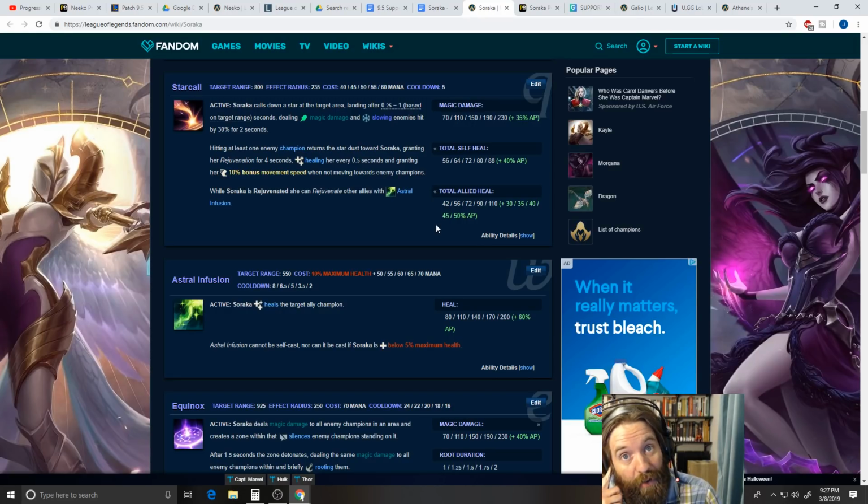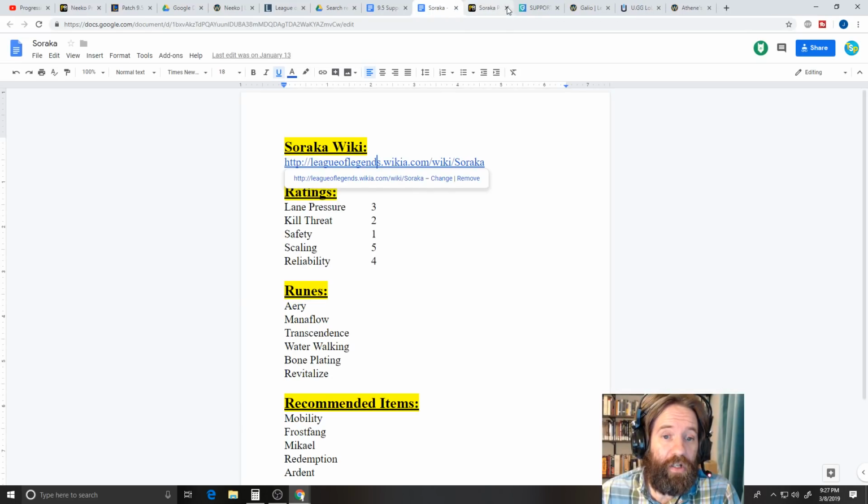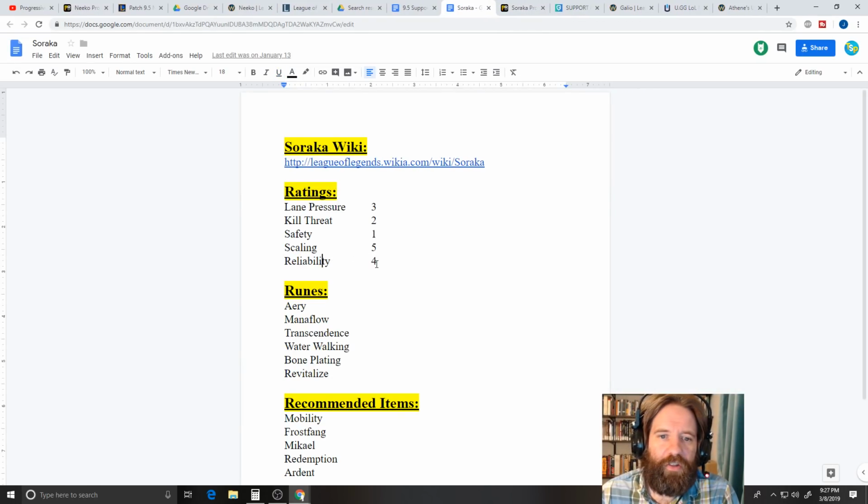Soraka doesn't have anything going for her. If she doesn't get these heals off, it's going to be really bad. So she is more vulnerable to that if they get something like Executioner's Calling. So overall, Soraka is pretty good. She's just a little bit more vulnerable to other champs, but she potentially has some of the best pressure in